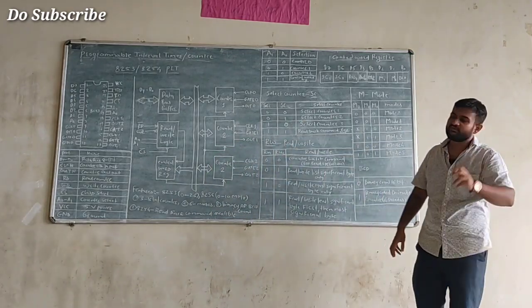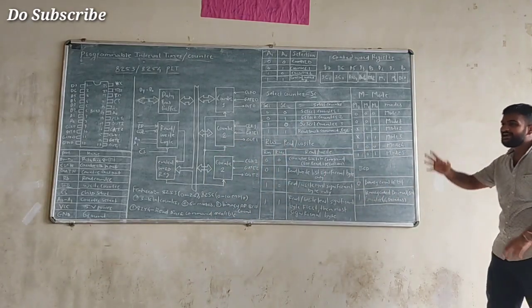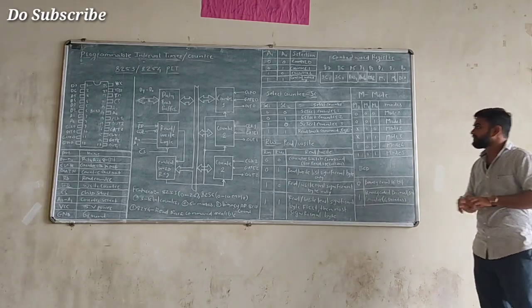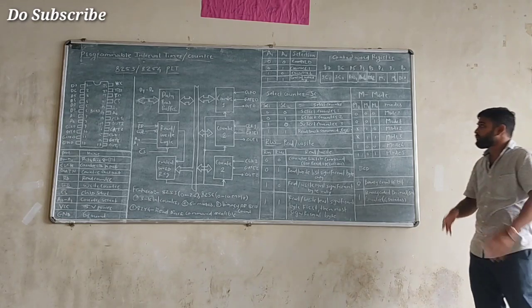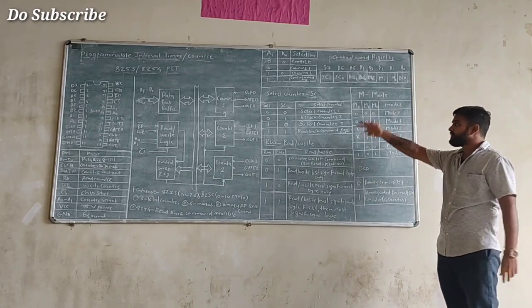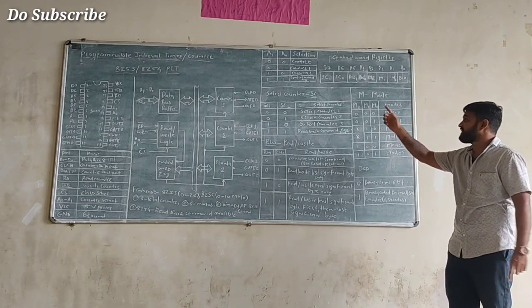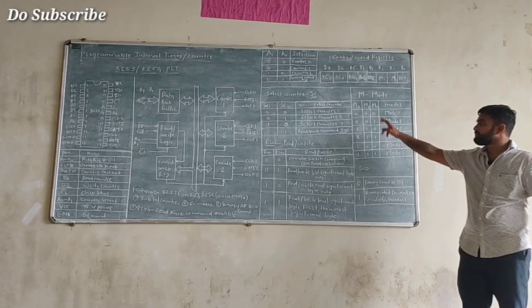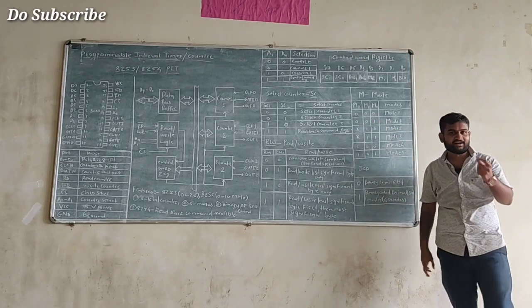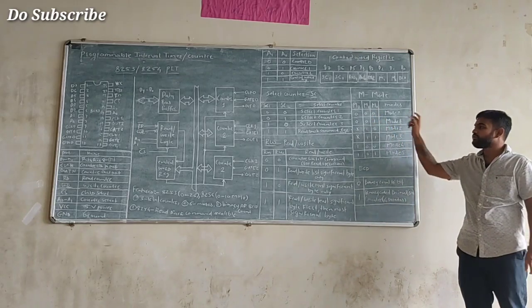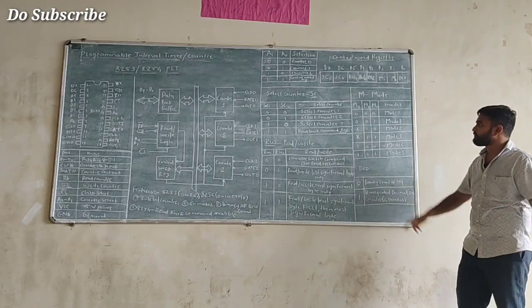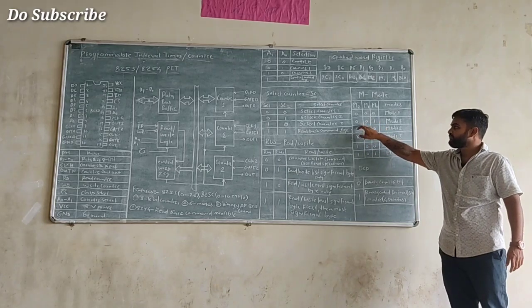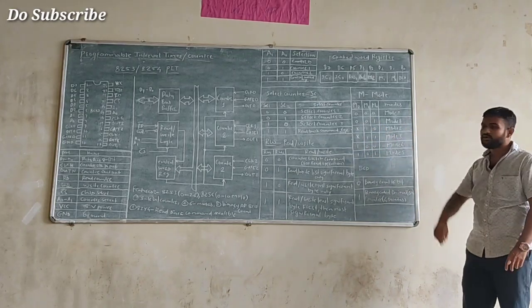Then we have M. M is for mode selection. As we know, your PIT IC supports 6 different modes of your counter. Among that, we have 3 different pins available in your control word register, that is M0, M1 and M2. So if the value of M0, M1 and M2 is placed at 0, at that time mode 0 is going to be selected. If the value of M2, M1 and M0 is placed at 0, 0, 1, at that time mode 1 is going to get selected.